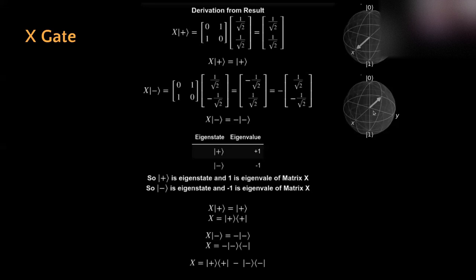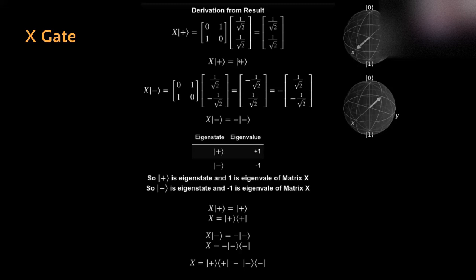And therefore, from the eigenvectors that we've got, we can find the X matrix that we want. But let's just assume that we already know what X matrix is for a second to verify that these are the eigenvectors and values of the X matrix. So you can see if we apply X gate on ket plus, we get plus back without any rotation. And it's just the same, no scaling as well. Therefore, the eigenvalue for